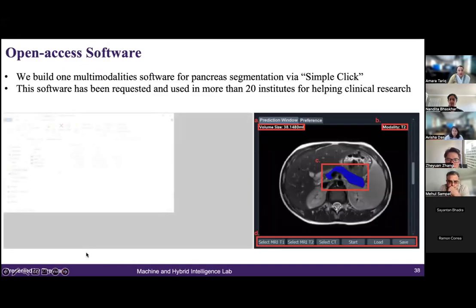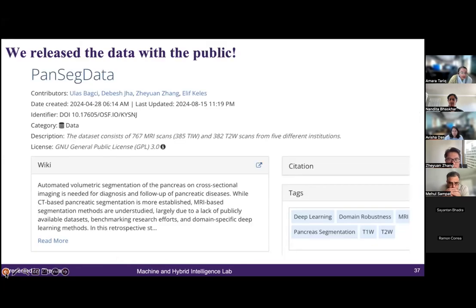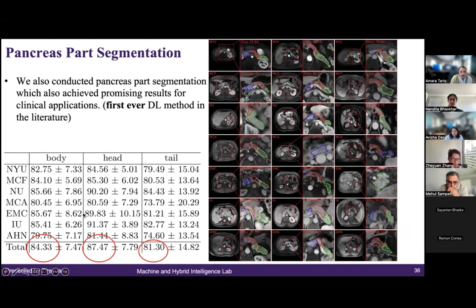Joanne, I particularly have one question. You're building this head, body, tail segmentation on top of your pancreas segmentation problem, or do you have three different models coming out? It's one model. It's one model, and you're adding another head on top of it to define if it is the head, body, or the tail of the pancreas. Yes.